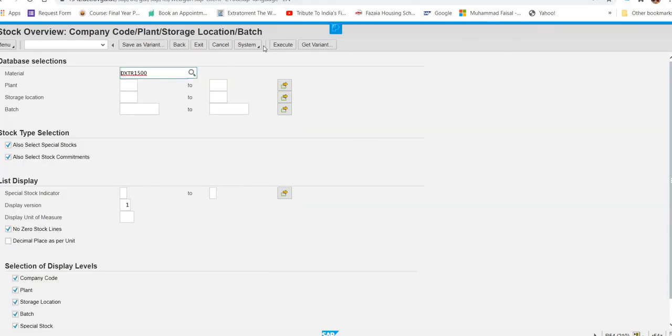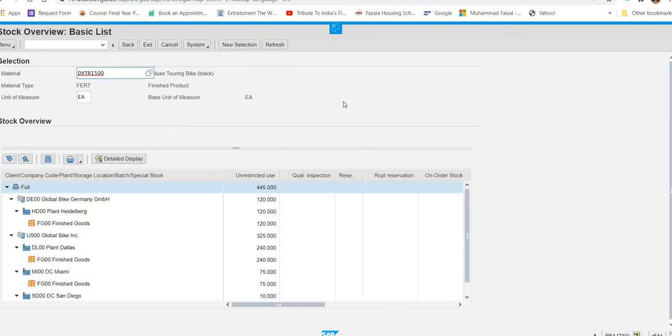Now when you go there and enter the material here, execute, and you will see some more differences.